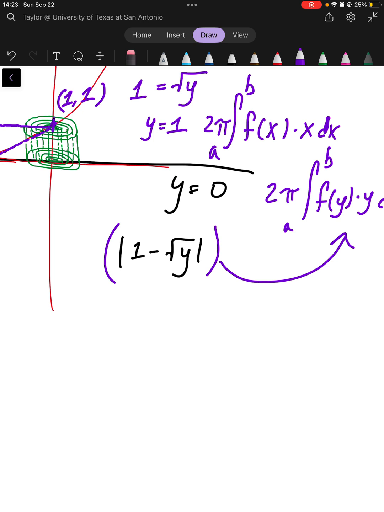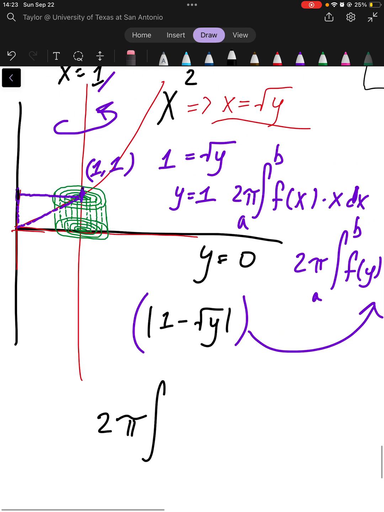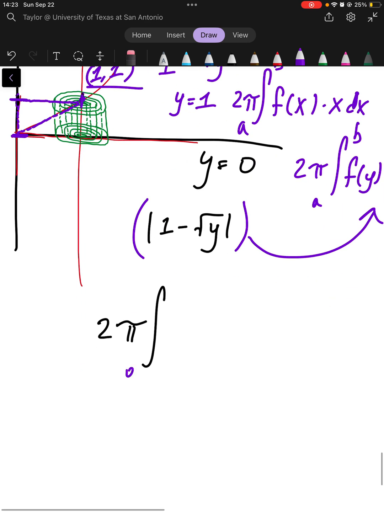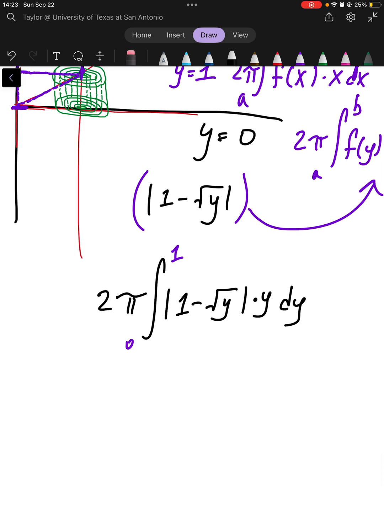2 pi integral, and again, we go from 0 to 1 from this here. So our bounds of integration are 0 to 1 of the absolute value of 1 minus square root y times y dy. And the nice thing is that we only have to take one side of this integral, because